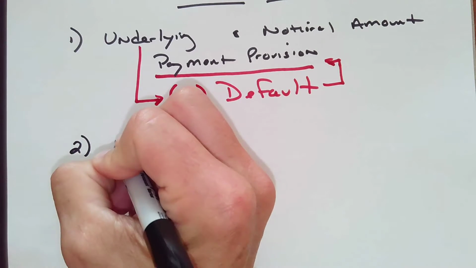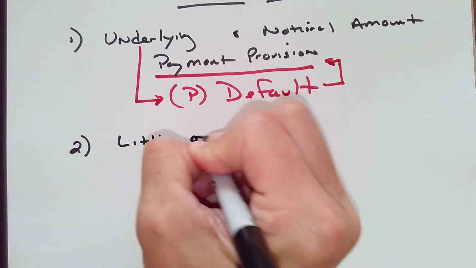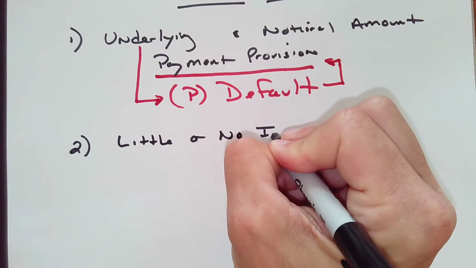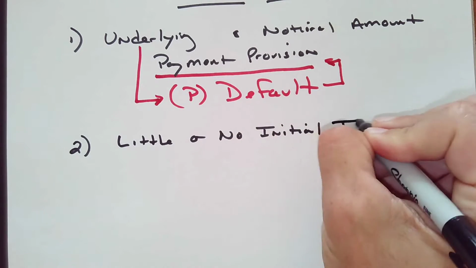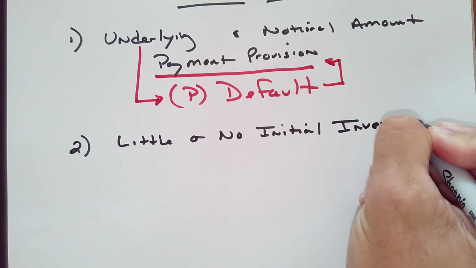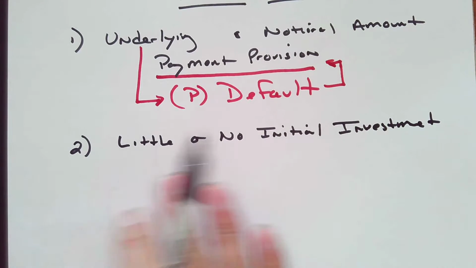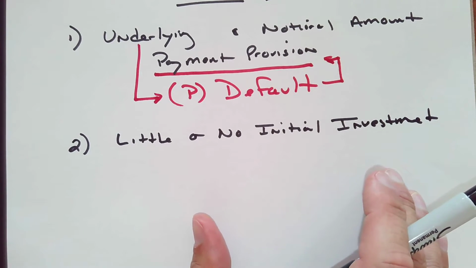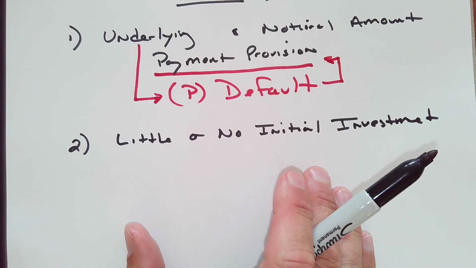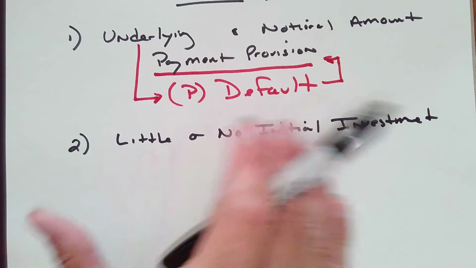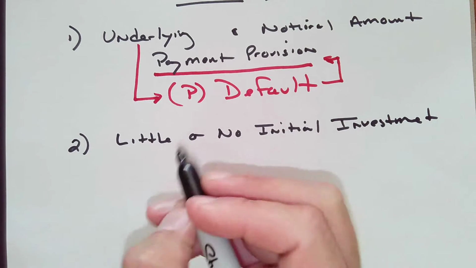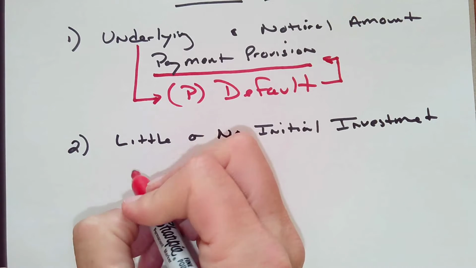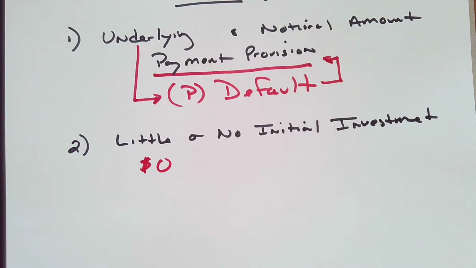Criterion two, little or no initial investment. The person who's receiving the guarantee, maybe the lessor or the bank for a co-signing of the loan, did they pay the person giving the guarantee any money? Generally, no. So we know that usually $0 is forked over with these types of financial guarantees. And the last thing is